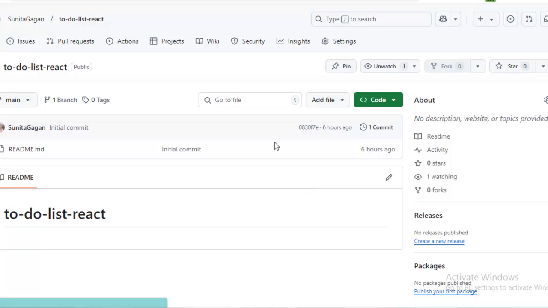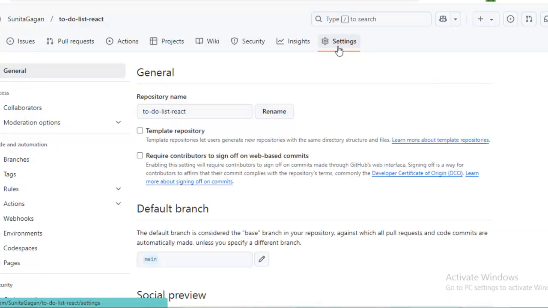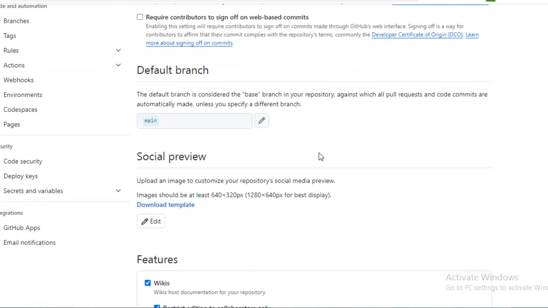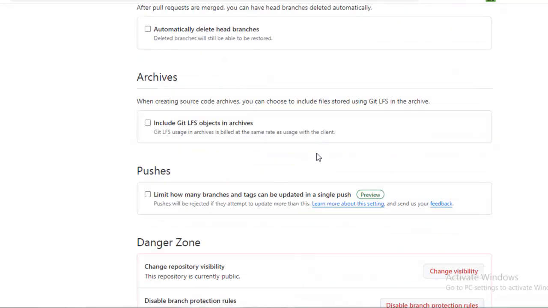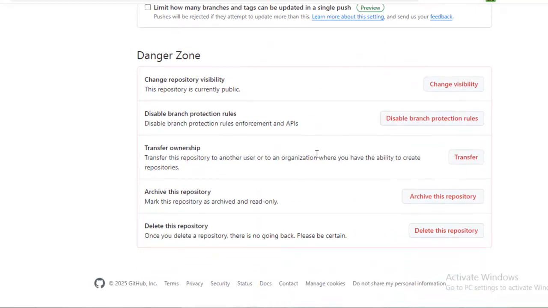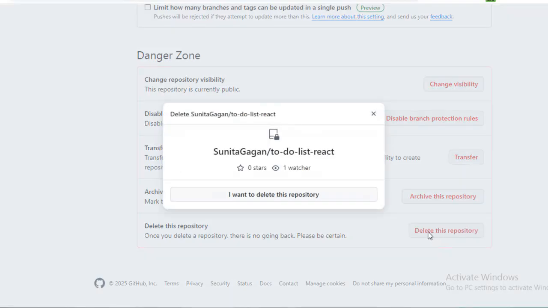After that, you come to settings. Click here in settings and scroll down. Okay, and scroll down here to the danger zone. Click here, delete repository. Okay, click here, and now